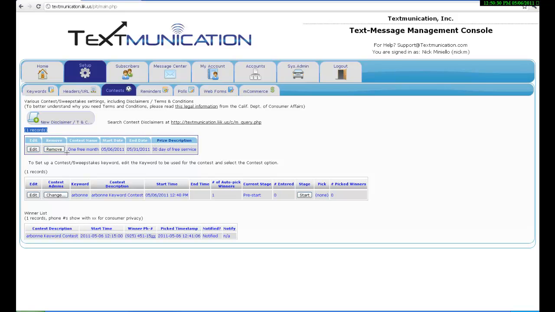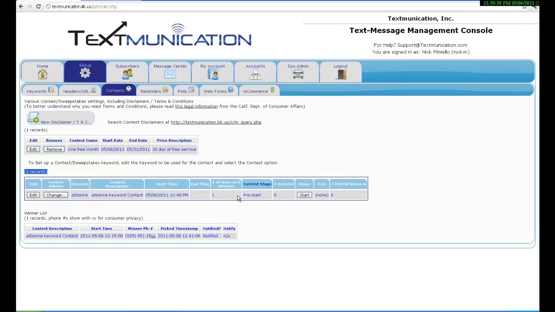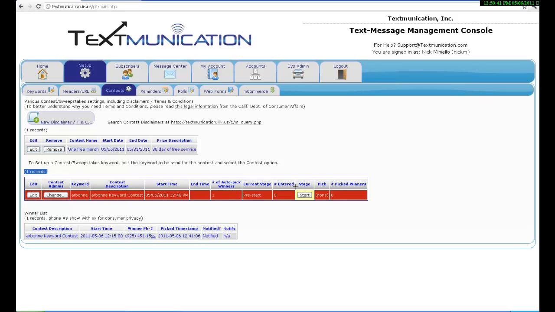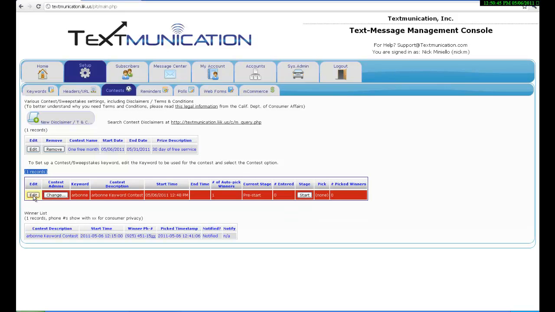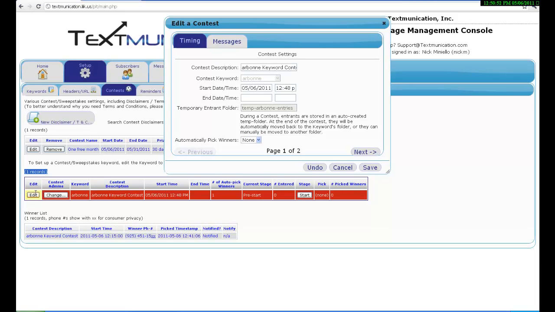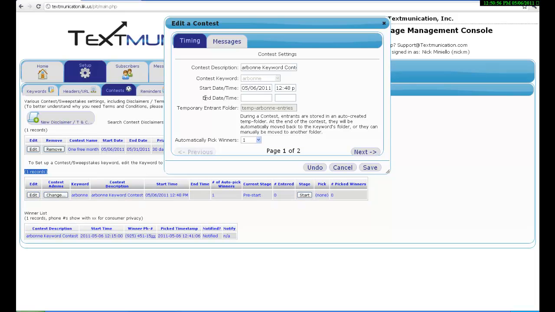The next step will be down here in the middle portion of the screen, where it currently reads the current stage of this contest is in pre-start mode, and there's a start button to the right, which I'm circling now. We must first hit the edit button on the far left to generate a message that will be delivered to the participants that are picked as winners. The first part that you must do is select an end date for this contest